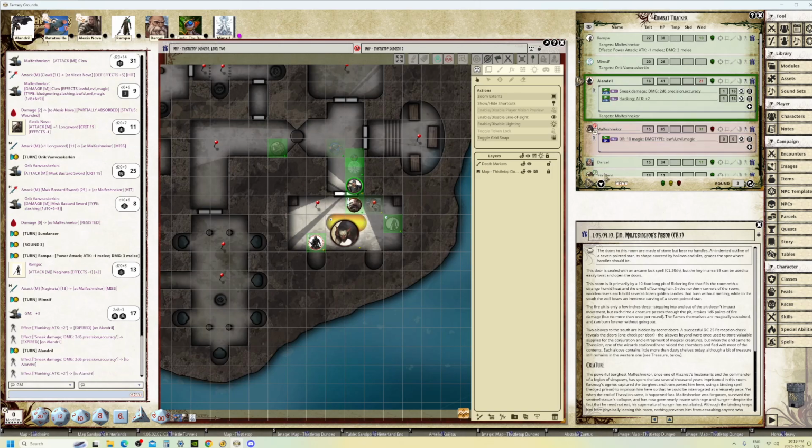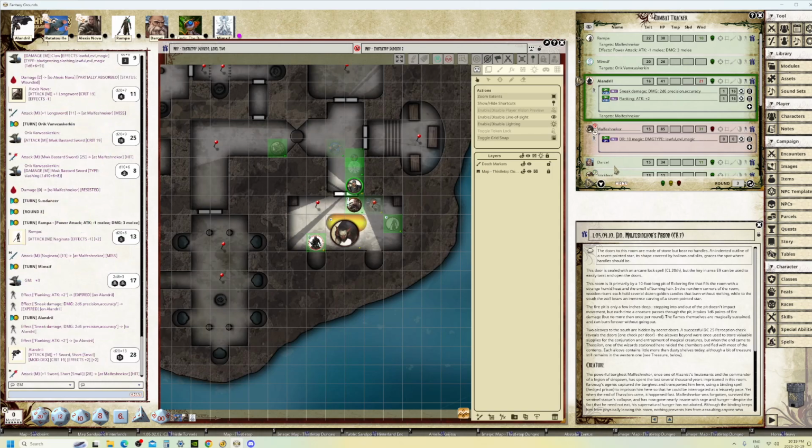You still got a flank there, Dan. Yep. Still got a flank. You got a magic weapon. Don't spoil it like my 5s. There you go. That's a hit. Before you roll your damage,